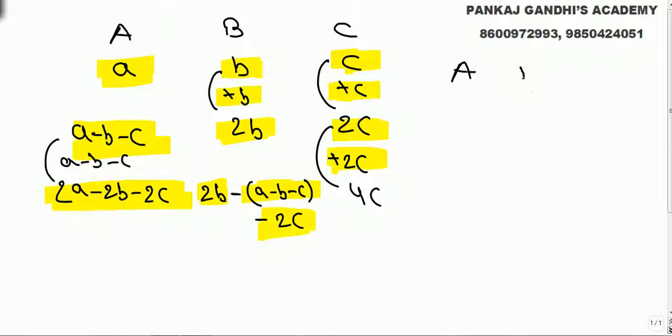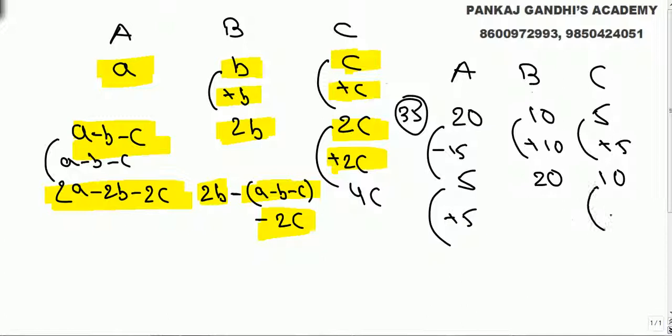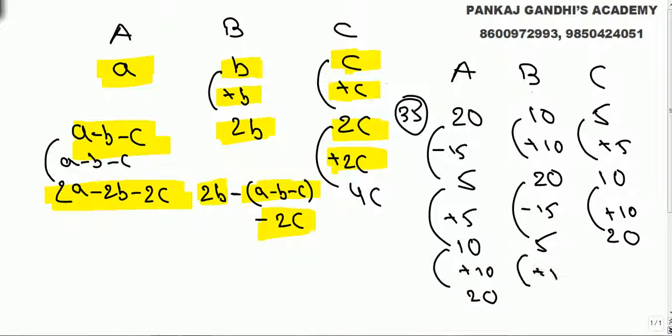Or other way, for example, let's say if in the beginning they had 20, 10 and 5. If they had 20, 10 and 5, that is total 35. First A doubles the diamonds of B and C, that is 10 to B, 5 to C, and he gave 10 and 5, 15, so he is left out with 5. Now B doubles the diamonds, 5 to him, 10 to him, he gave 15, so he is left with 5. Now C doubles the diamonds, we are just taking an example of what was done. Now C doubles, 10 to him, 5 to him, and he is left out with 5.